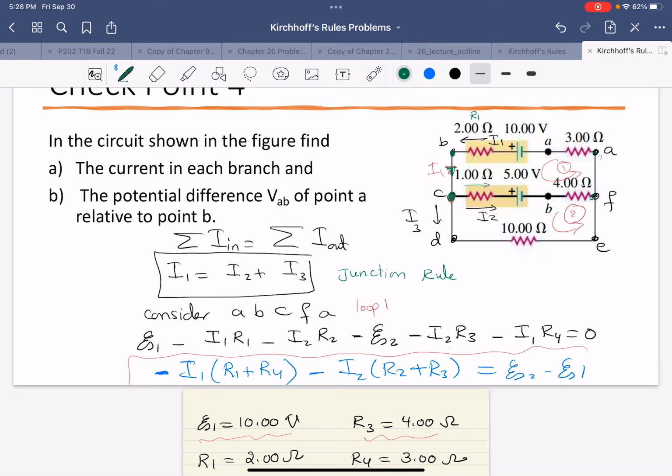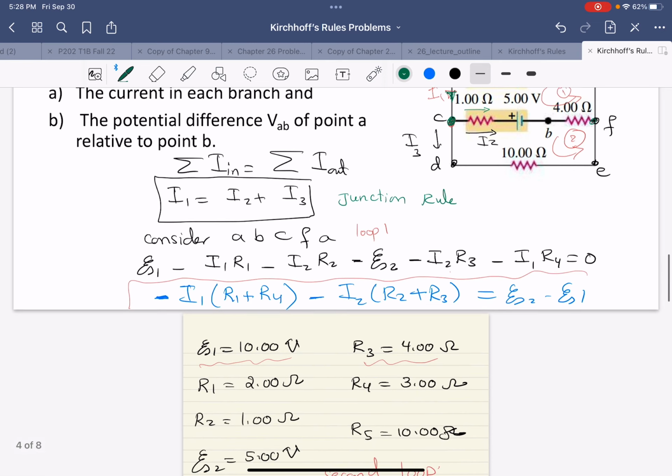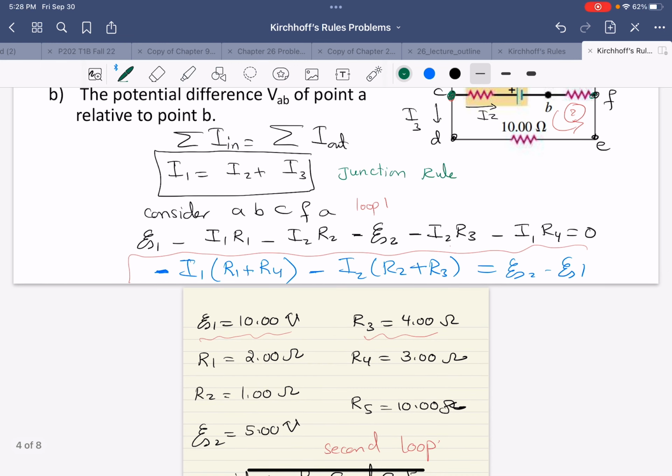Then I'm going again against the polarity of the battery, from positive to negative, so there is negative EMF2. Then for this one, I'm going with the current, and therefore it's minus I2 R3. And finally, for the 3 ohm resistor, I am going again with the current, minus I1 R4, and all of this equals 0. What I can do here is factor I1, because these two terms have I1,